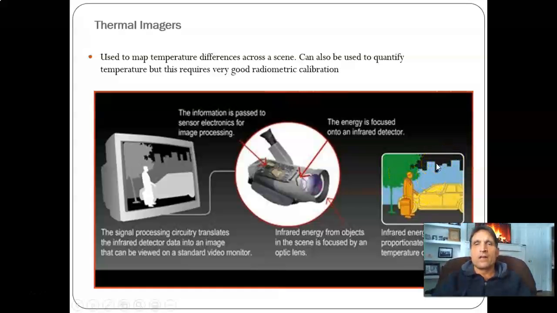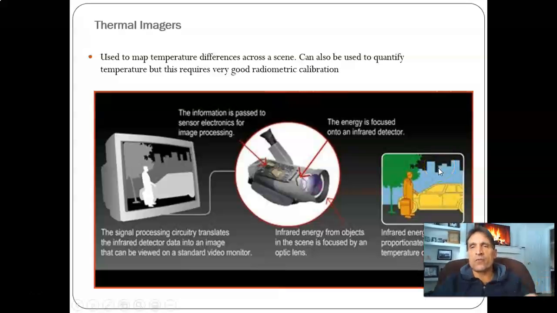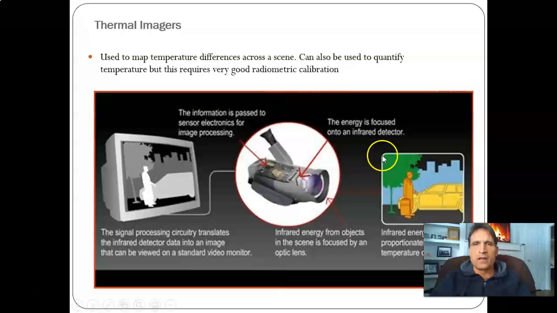So different parts of the scene at different temperatures, remember, are going to radiate different amounts of electromagnetic energy. So if you have a camera here with a lens, and that lens forms an image of the scene onto an infrared detector,